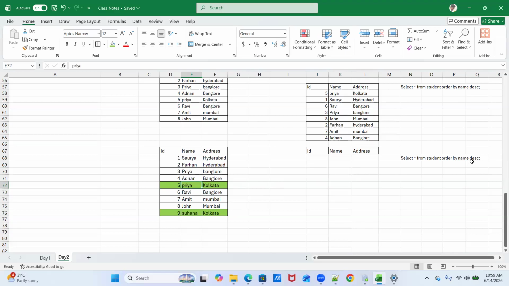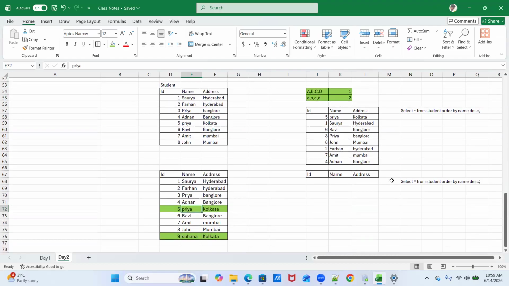But our requirement is to sort the data in descending order, so in that case S will come first in the reverse way, and then P after that. And then it is for lowercase. So lowercase will be first: lowercase Suhana first, then lowercase Priya, then all the uppercase or capital letters will be sorted at last.